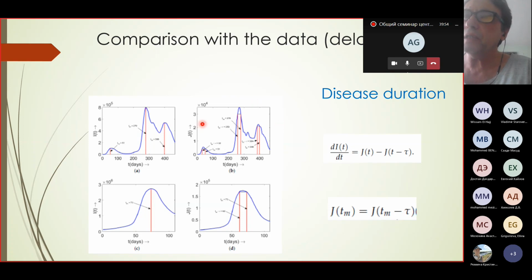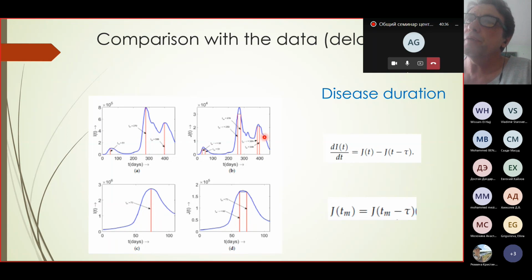So now in the right graph, we have again this blue curve. These are epidemiological data for Italy for some period of time. In this blue curve, we take the moment of time Tm. It's exactly the moment of time where this I of t curve has maximum. Well, for example, it is here something like 280 days. So Tm equals 280 days, something like that. So we take this 280 days here,